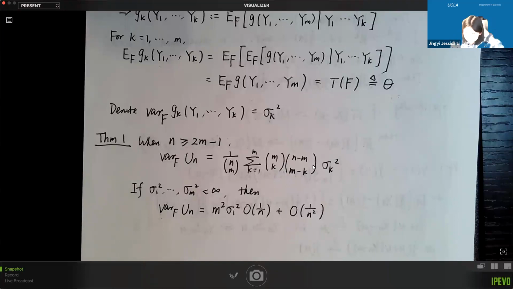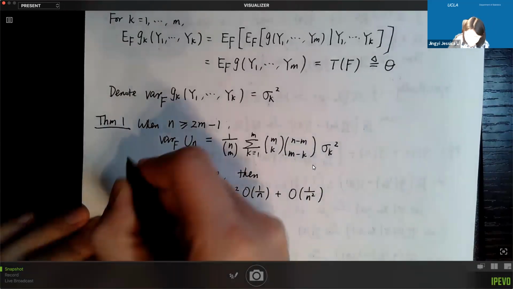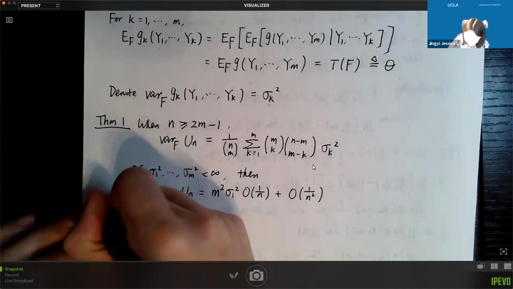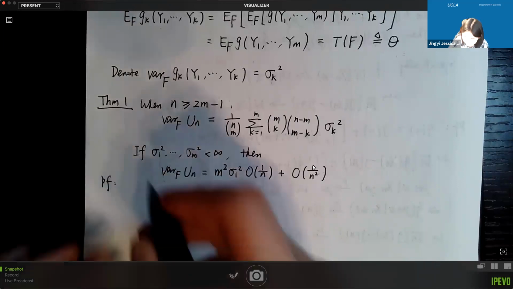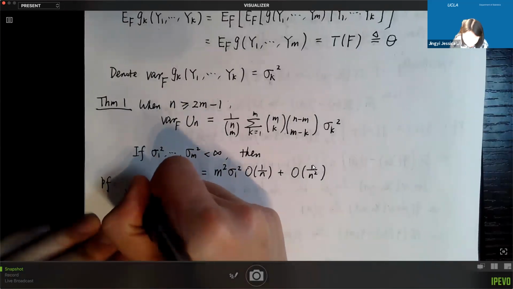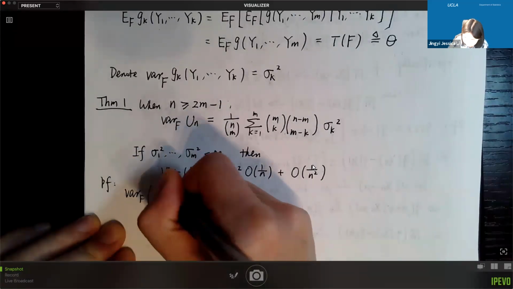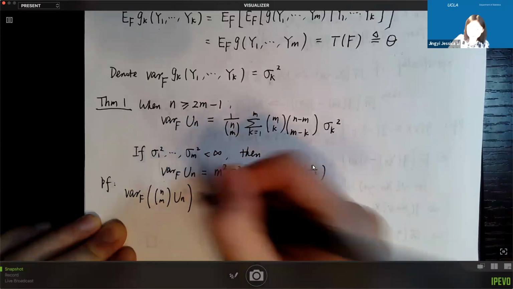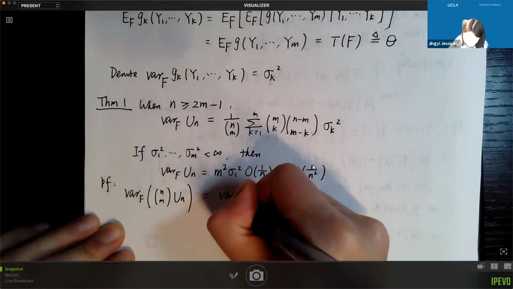Okay, so let's see how we can show this result, why it holds. To prove this, we first need to actually worry about the terms here. Let's look at the variance of U_n multiplied by n choose m, so I get rid of the denominator. So this is equal to the variance of,